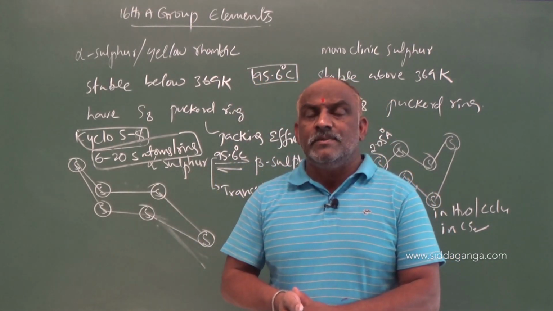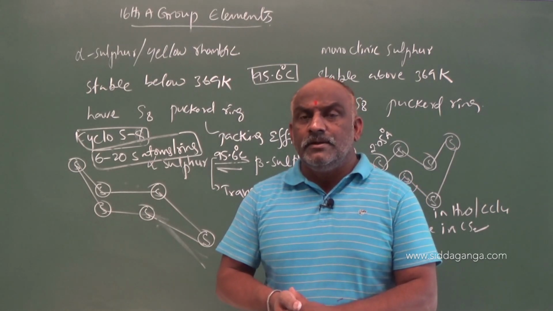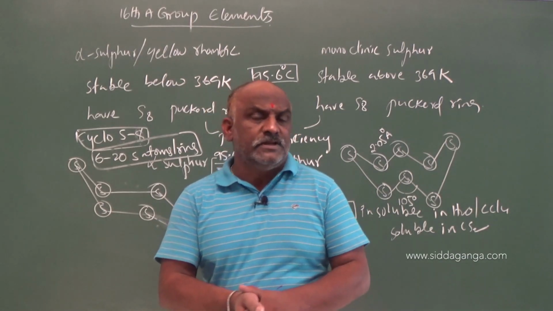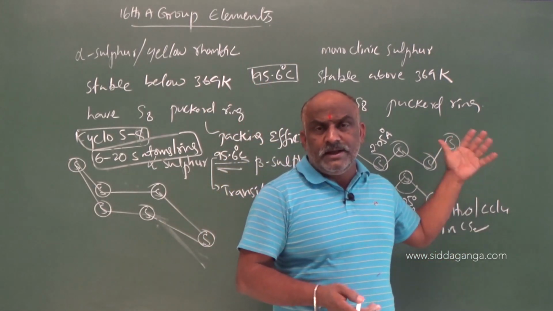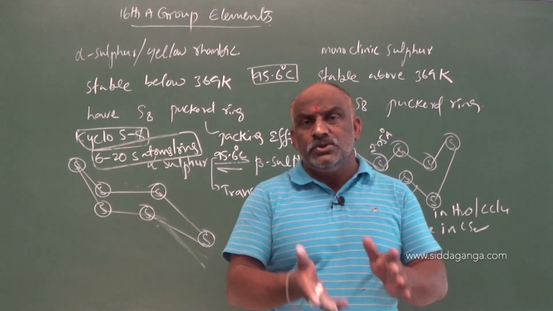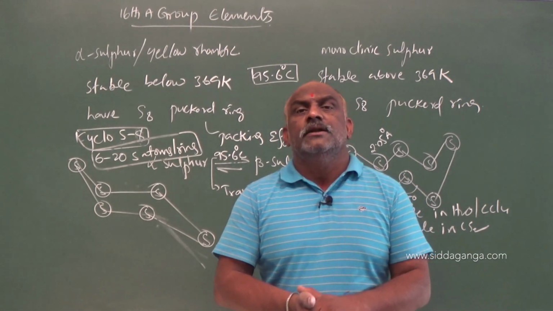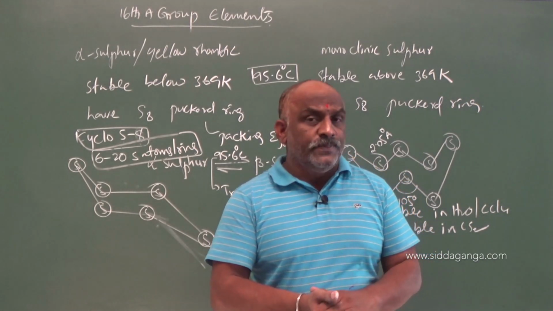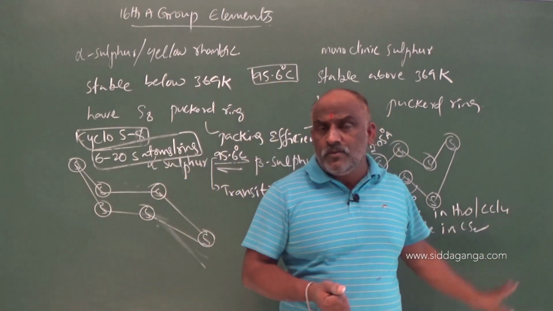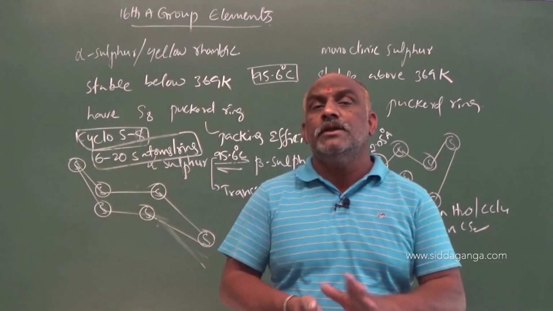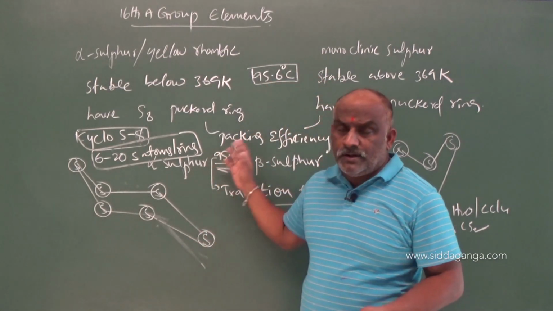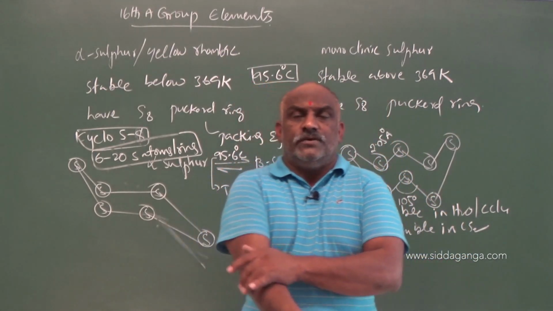Both have S8 molecules and both are puckered rings, but these two differ by packing efficiency, the arrangement of the constituent particles. Beta sulfur is also prepared from alpha sulfur by melting and cooling; after cooling a crust forms, make 2 holes in that crust and pour out the remaining liquid. You will observe needle shaped crystals, that is called beta sulfur. Both are insoluble in water, both are insoluble in carbon tetrachloride, but soluble in carbon disulfide. So, this is about the allotropic forms of sulfur.